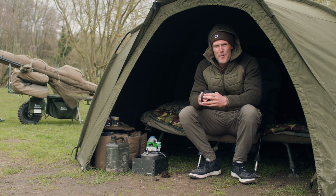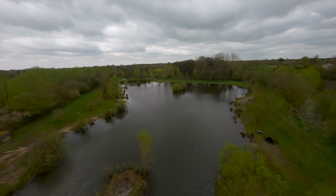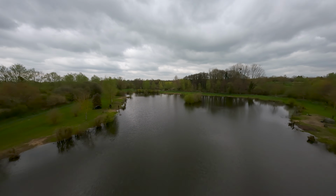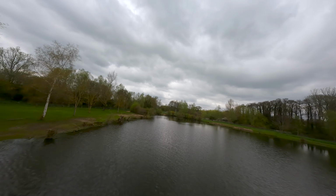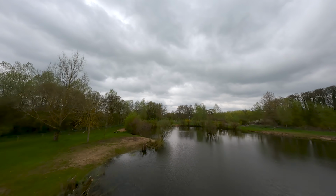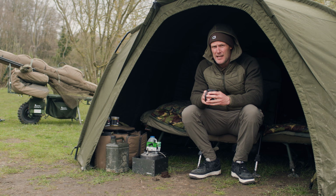You join me at Blasford Hill Fishery in Chelmsford, Essex. It's a 4-acre gravel pit, it's a day ticket venue, and I fished here a lot growing up. I've been coming here for absolutely years. It used to be a good runs water for sort of low doubles, but over the years the stock has